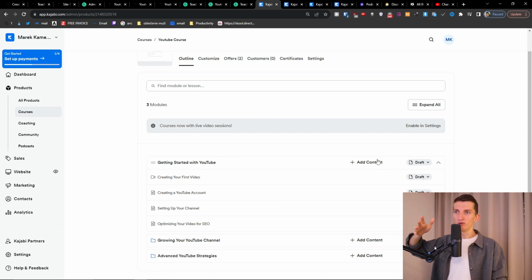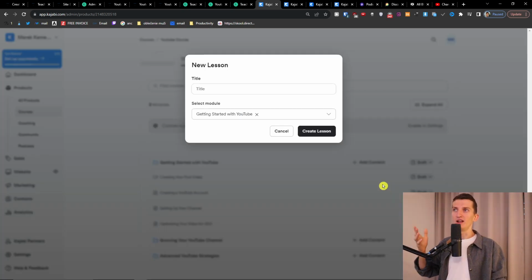Then you can see how it looks. I can add a content here, a lesson. For me, Kajabi is one of the more difficult ones compared to Thinkific and Teachable. Yes, you can make it simple too, but the learning curve is much higher if you want to use all